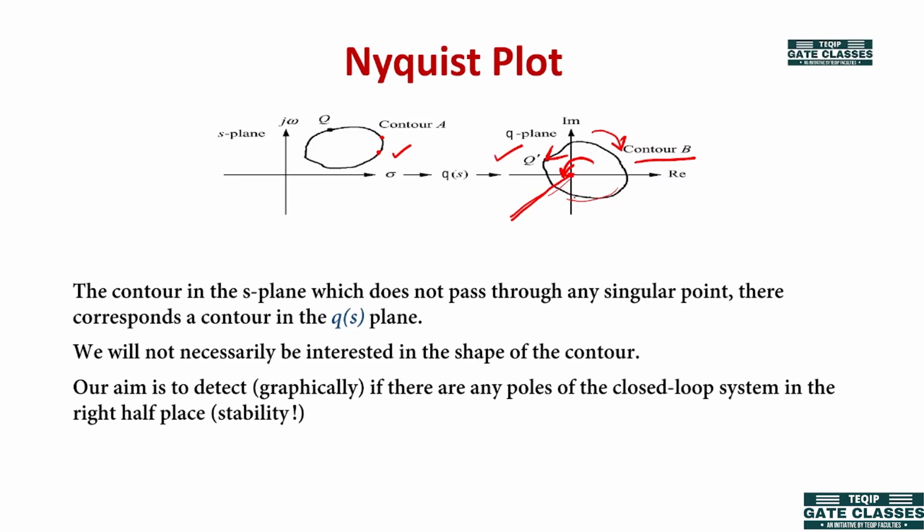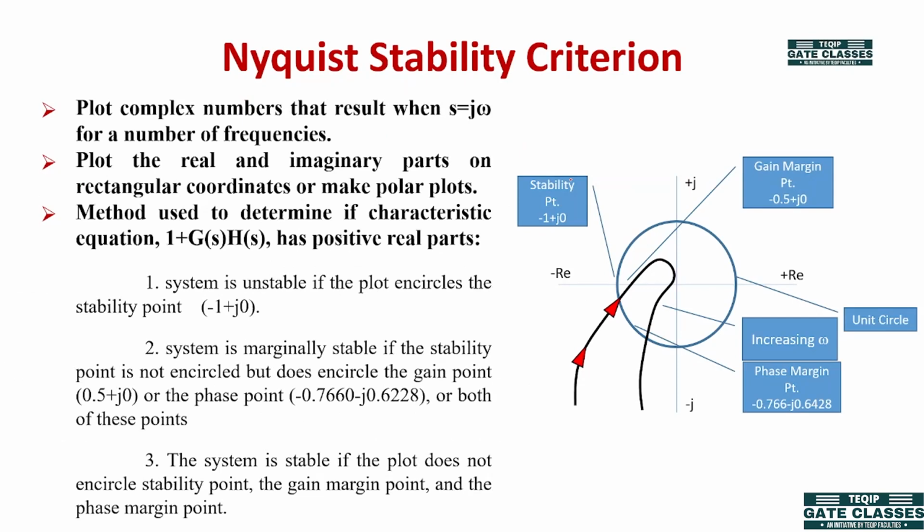So this is the origin point. We draw a straight line from this origin, passing through this contour, and then we check the number of encirclements it is having. In the anti-clockwise direction it has one encirclement, and it does not have any encirclement in the clockwise direction. So the total number of encirclements of this Q plane contour around the origin is +1. This is how we calculate encirclements of any point. This will be helpful in the Nyquist criterion. So next, let's see what the Nyquist criterion is.